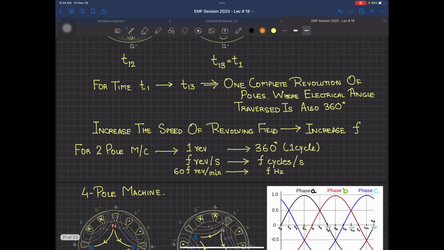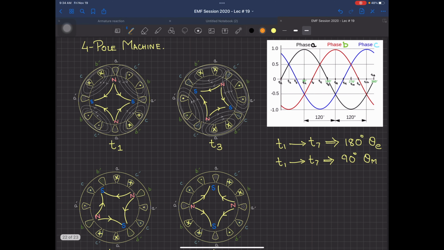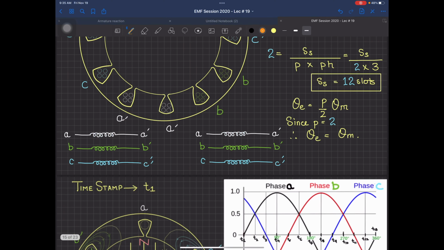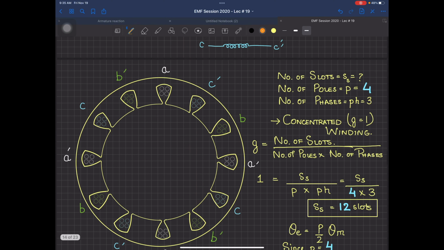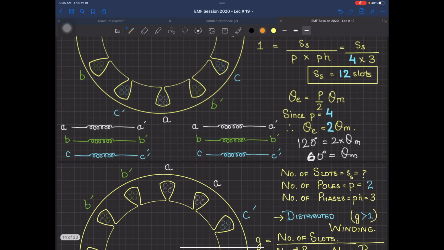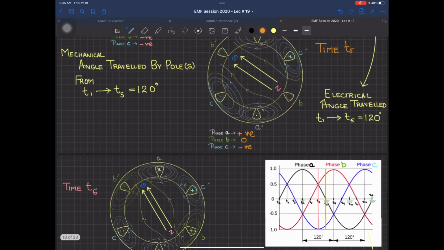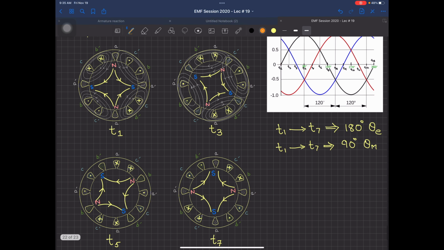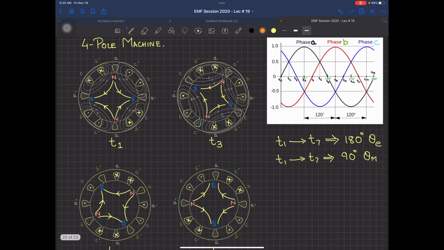Now, what will happen if I have a 4-pole machine? I have taken the same diagram from the last slide, the concentrated winding, with the number of slots equal to 12. So now you have 4 poles. Let me go to that slide again. Okay, 4-pole machine. Now, instead of doing all the timestamps, I'm going to take only selective ones,